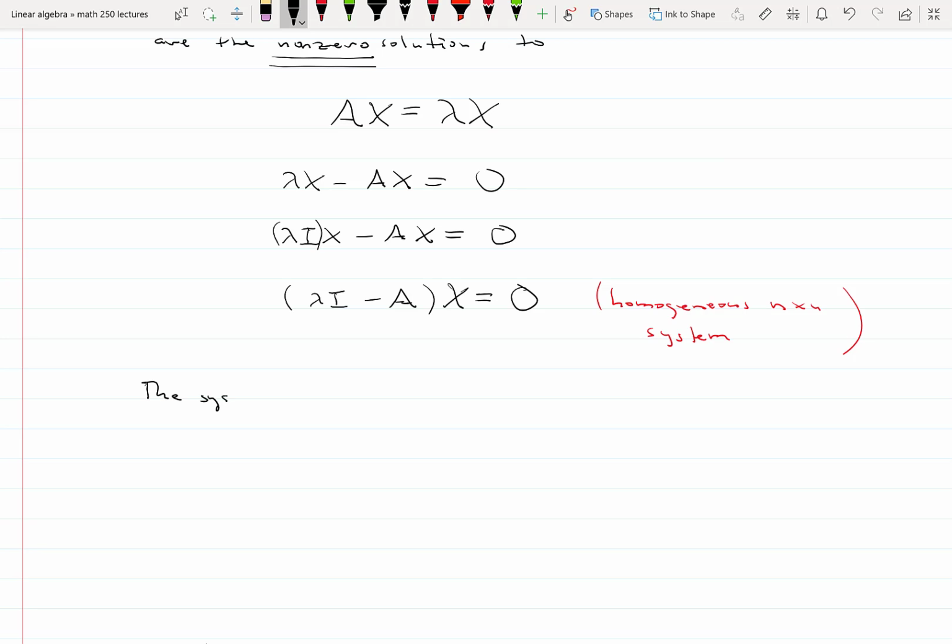The system always has a trivial solution, but we're not interested. Remember, we're looking for non-zero solutions. The system has non-trivial solutions, meaning non-zero solutions, if and only if